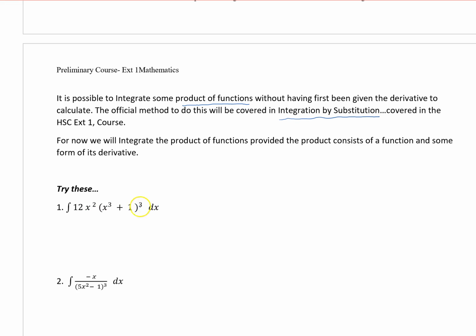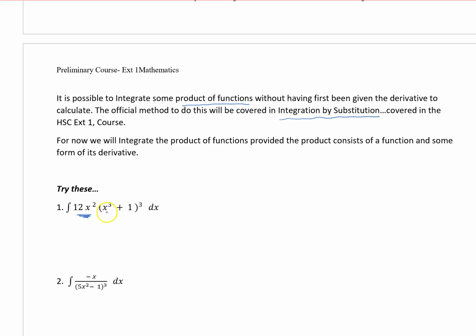Would we expand this all out, this cubic, and multiply by that? Probably not. Though I suppose if you knew how to expand out that cubic, you could do that and distribute this and just get a nice long polynomial, and integrate each individual term. You could do that. Thinking then, if we're not going to do it that way, thinking, well, is this